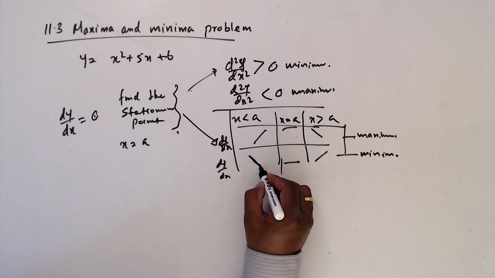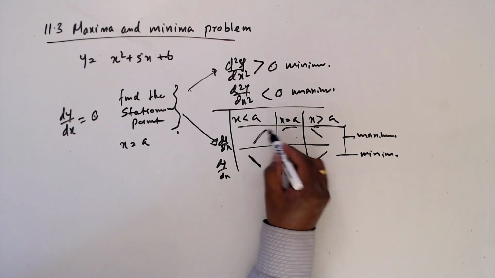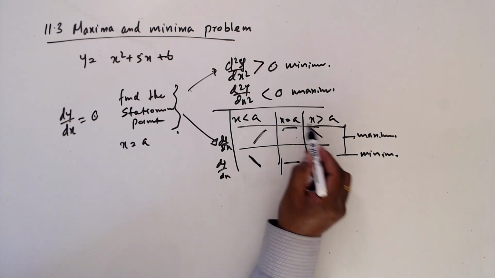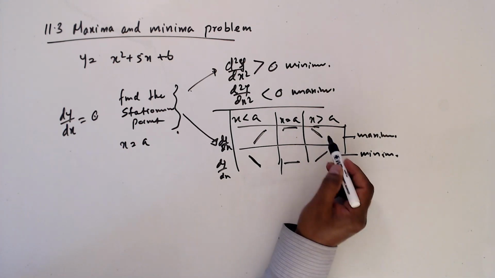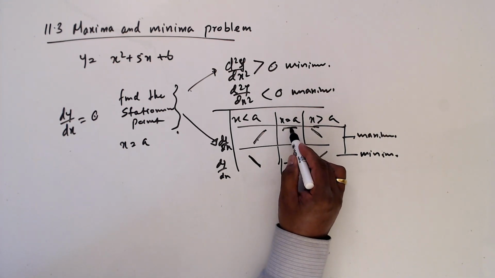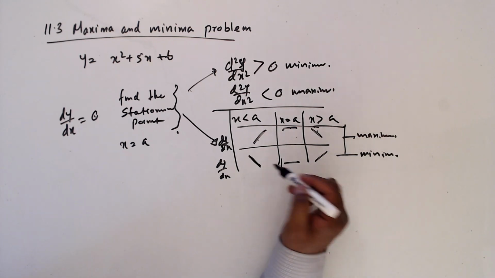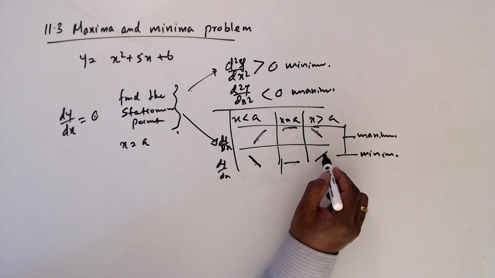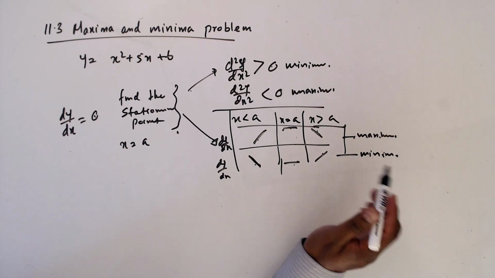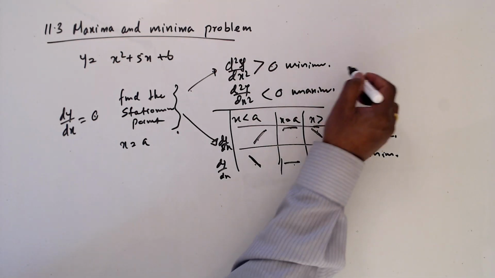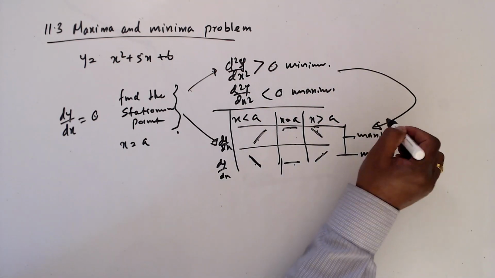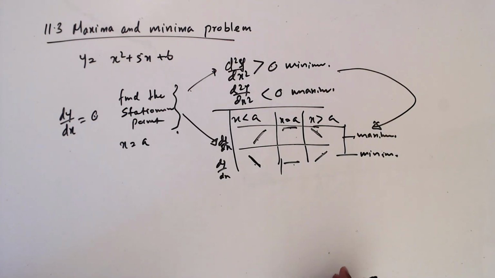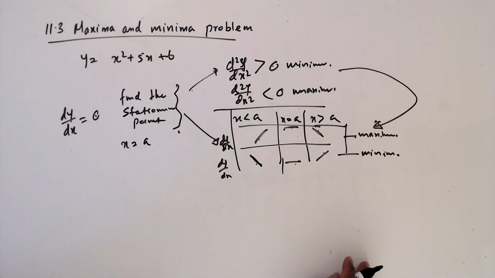So initially, positive gradient, then 0, then a negative gradient: positive, 0, negative. This is a maximum. Negative, 0, positive. This is a minimum. So both ways. If the first case fails, then we have to refer to this method. There are situations where the first case fails. So we'll find for this one